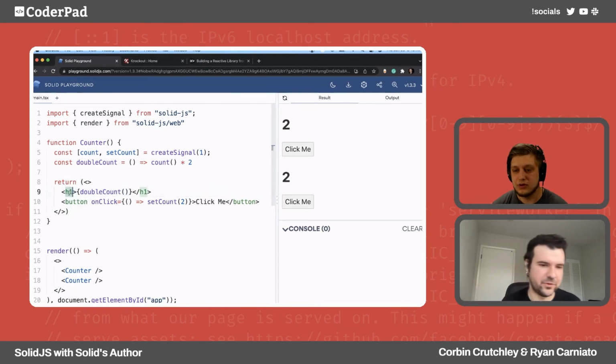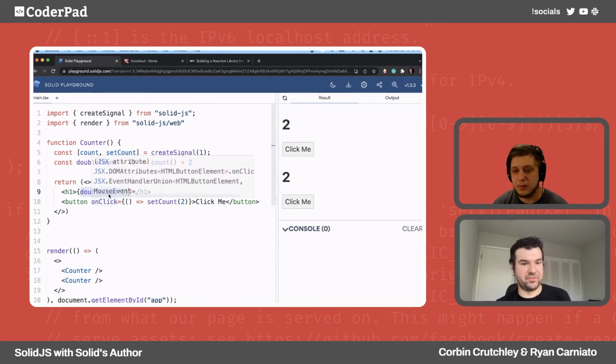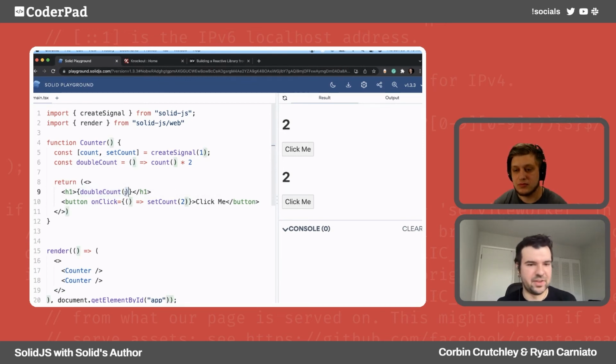Right. And I think one of the interesting things is that JSX doesn't seem like it's the only option for Solid, right? Like there's also the HTML template literal. Which is pretty cool. Yeah, I can't optimize it as well, because I can do some smart stuff looking at this. Like you see how I go, oh, this is why we use these function calls, because in theory, when it's just a function, you could just pass it straight through and it would work.